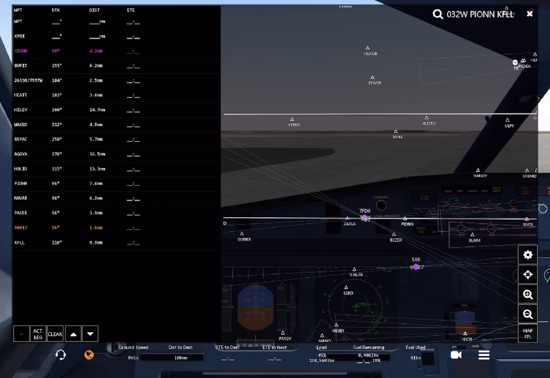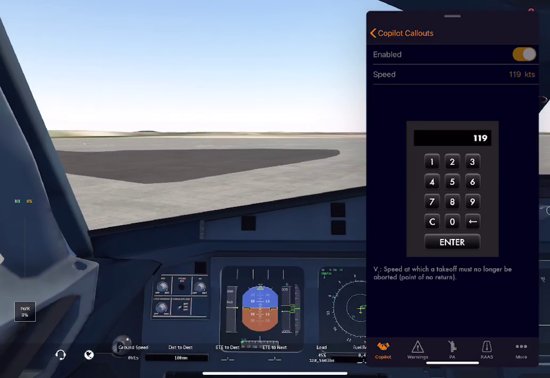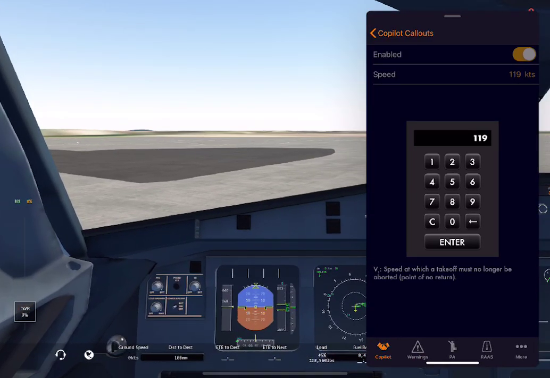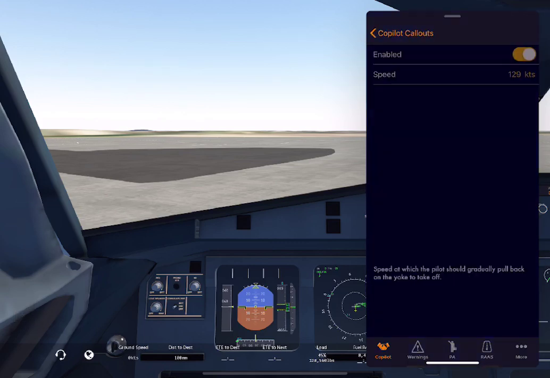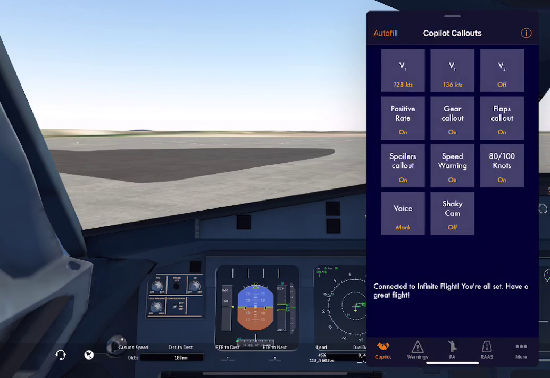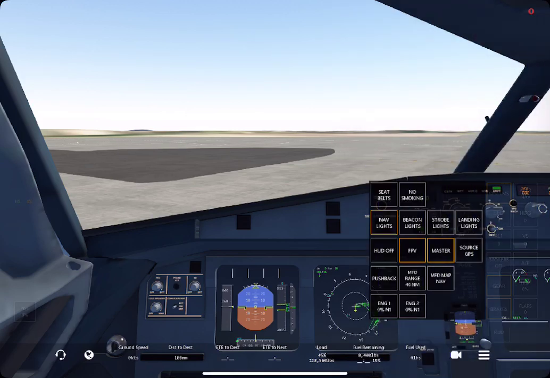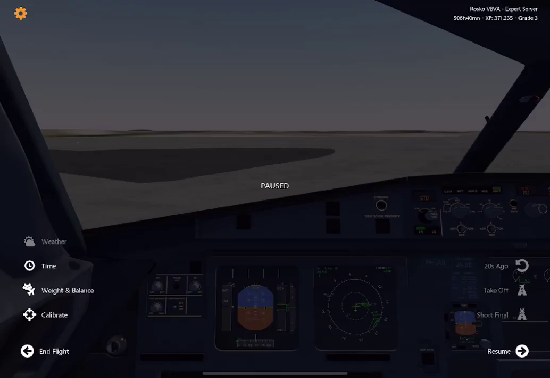All right, so my V speeds. Let's see. We need to put in 33, so we want 128, and then 36. You don't call V2. You call V1 rotate. And then we want 153. So we're going to pitch the nose of the airplane up to, let me put the touches on here,